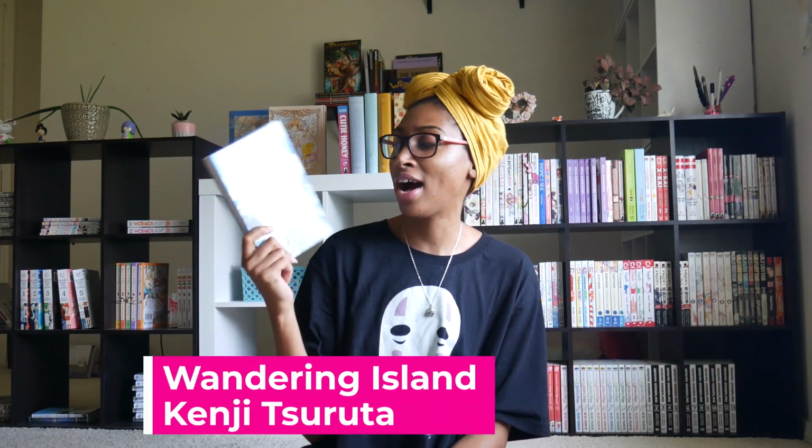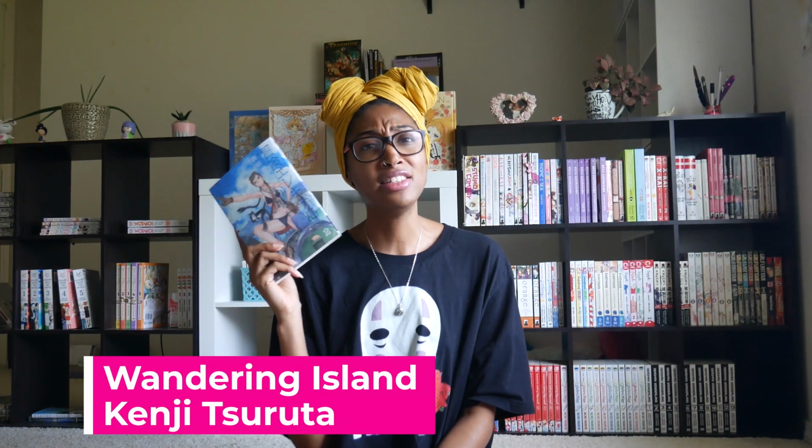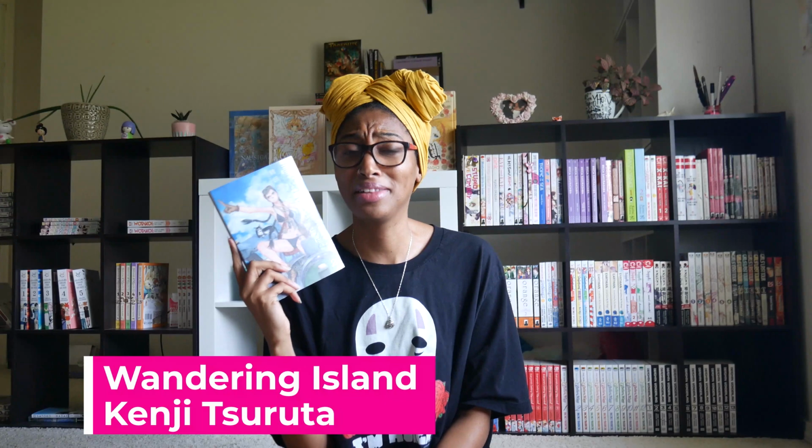Moving on, I have volume 2 of Wandering Island. I have not read this volume, but I did read volume 1, and I really loved the first volume. I was hesitant to purchase volume 2 because I had seen a review, I think on Amazon, and the person was saying that volume 2 is not as good. Volume 2 felt empty to them. So I was